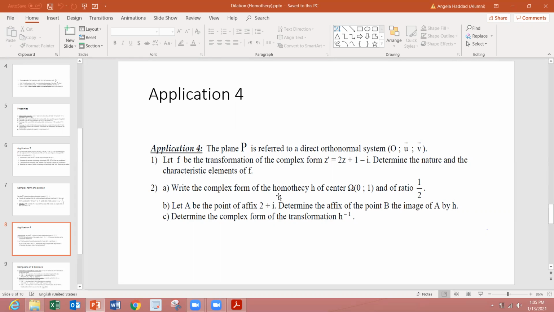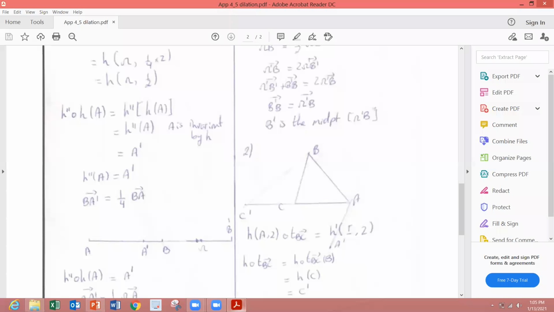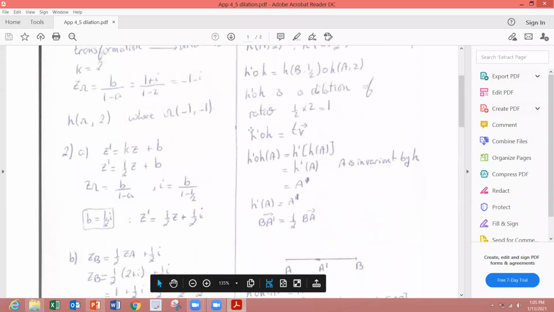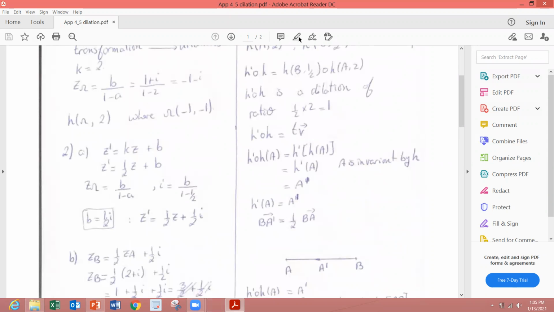2A شو عملنا بال 2A؟ لقينا الكومبلكس ترانسفورميشن طلعت معنا Z prime equal half Z plus B. اوكي. هلا أستاذ هون وقفنا 2 part A. وقفنا هون. Z prime half Z plus B. هيك؟